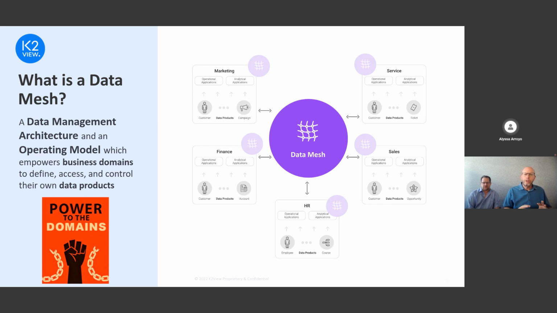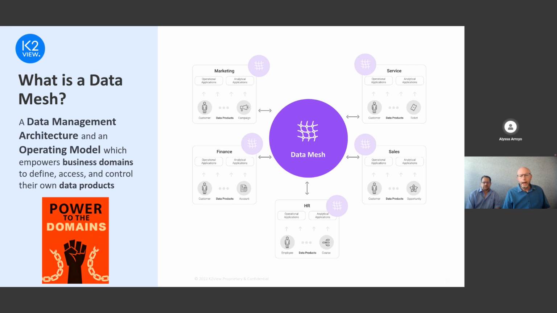Each one needs to get their own view, for example, of a customer. Marketing needs to get the customer behavior. Sales need a different angle of the customer data asset. Service, of course, needs another point of view. So they need to get different points of view of different data products, and they still need to own it. They also need to allow other domains to own it. And still all these domains need to be, of course, connected. This is a very high-level view of the data mesh definition that we see.